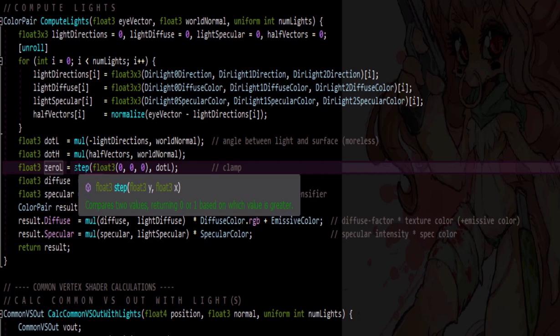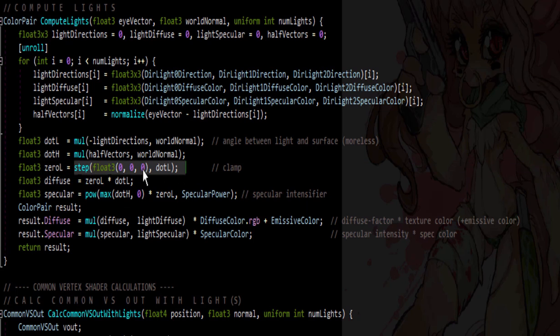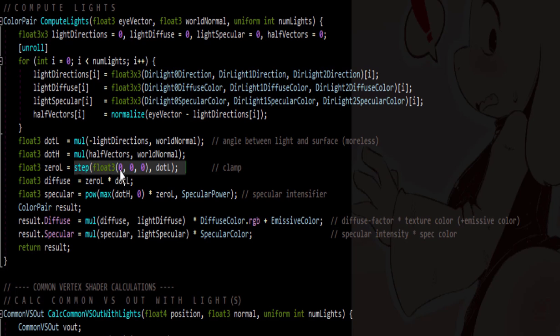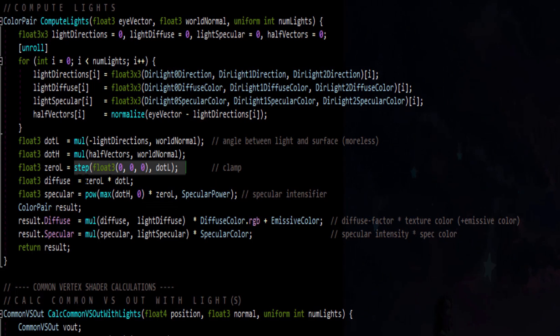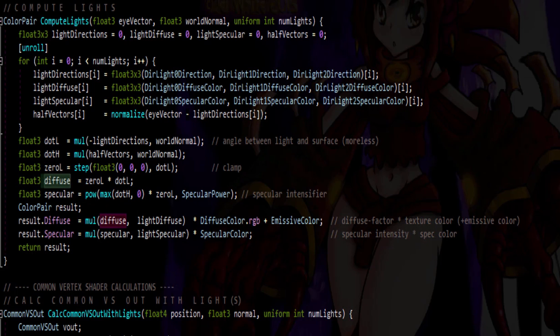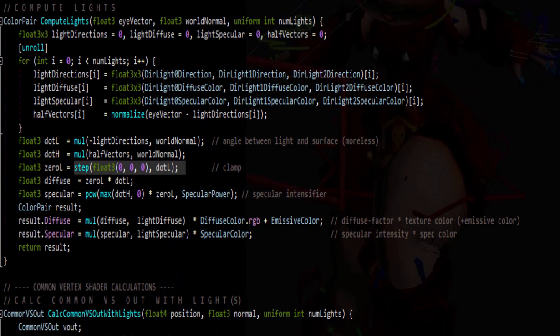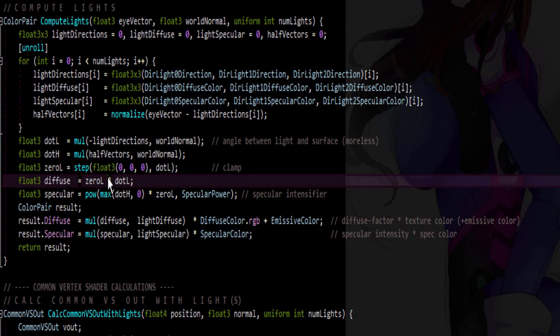And I believe this step float 0 thing is just making it so that the lowest this lighting factor can be is going to be 0. So then we multiply that value that we got, this N dot L here, by the light intensity to get the diffuse factor. What I notice here is you could end up with negative, this will always be positive. I'm not 100% sure on why this is the way it is, but I think I understand how it works.